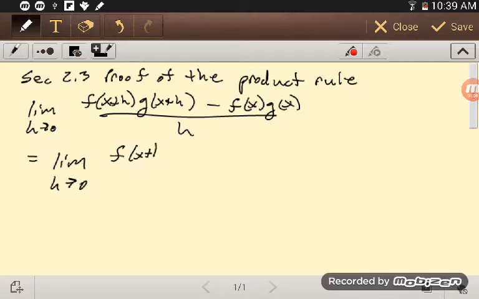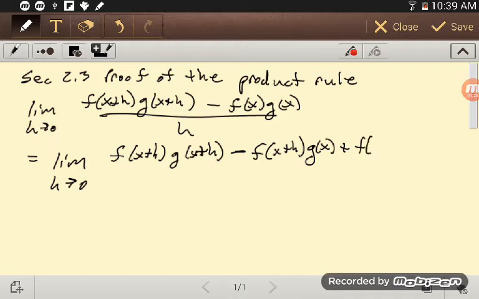And so what I can do is I can subtract out f of x plus h times g of x, add that back in, f of x plus h times g of x, and so I've added 0, and we're running out of room, but I think I can maybe get it in here, g of x,